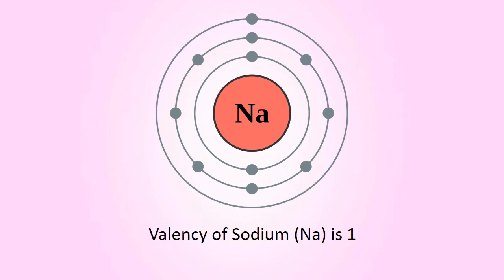Moreover, it is learned that the electronic configuration of sodium has one electron in the valence shell and the valency of sodium is also 1, as seen from the formulae NaCl, NaH, etc. It means that there is some relation between the valency of an element and the number of electrons in its valence shell.